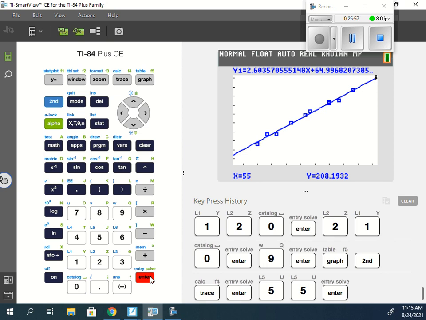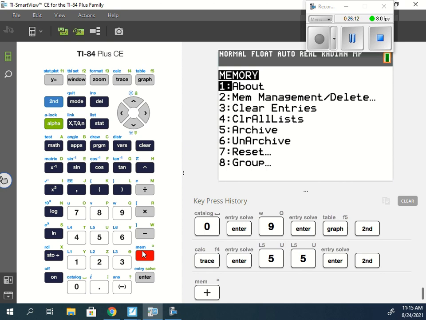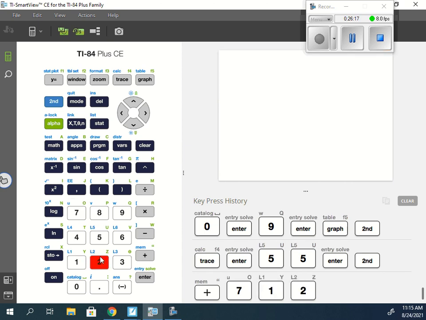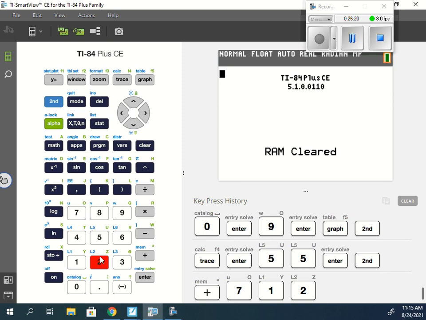Now, before we get completely finished, what I want you to do is hit second. Is everybody on second? Plus 7, 1, 2. Second plus 7, 1, 2. And that's it. And we are done for